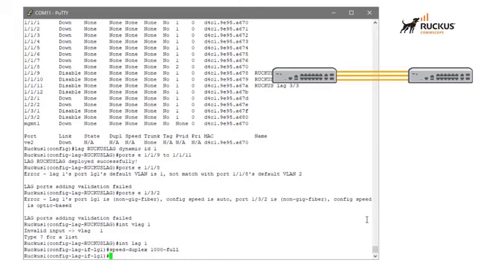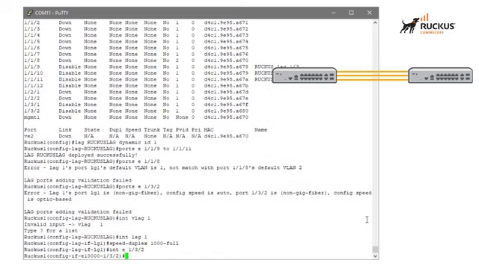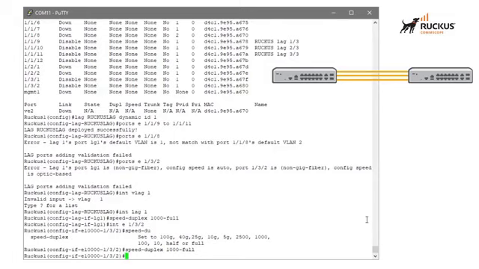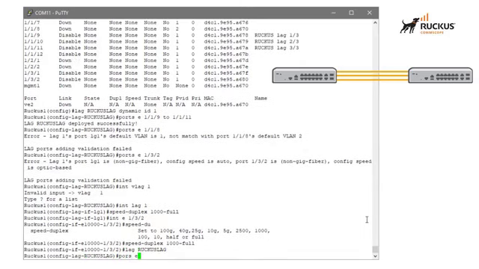So with that speed defined here, I then can go into that 132. So if I go into interface E132 and I set the speed duplex on that as well to 1000 full. That is done. Now if I go back into my lag, Ruckus lag, I should be able to add ports